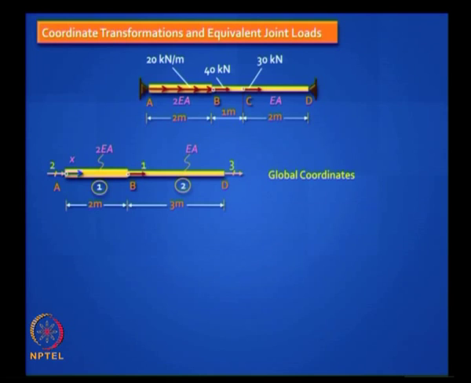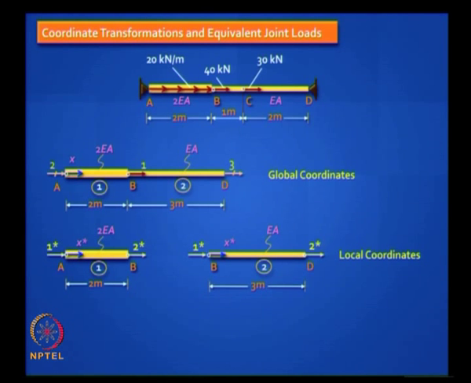In all problems, do it step by step in a simple, elegant way. You will find this subject is then very easy to follow. And in the beginning, make it a habit to write down neat sketches so that one look and you will understand what is going on. Can you now attempt labeling the local coordinates? So you have to separate out the 2 elements and do the local coordinates. That will look like this, agreed?